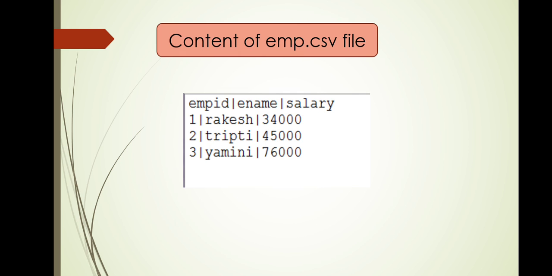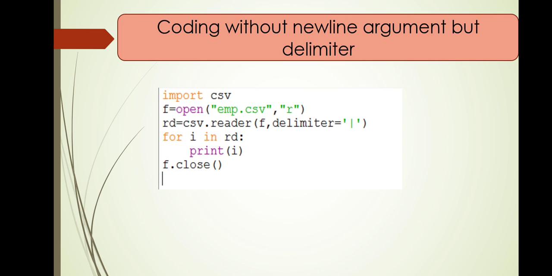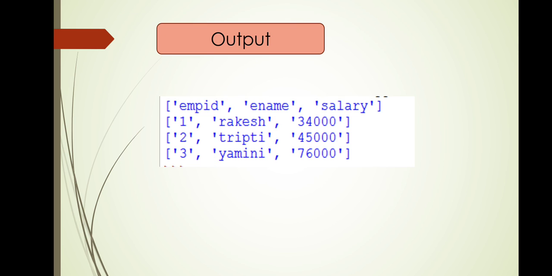Now suppose my file is this one which is having the delimiter as pipe symbol and no end of line translation. So what changes have we made? We have simply provided the delimiter argument over here. Newline we have not used because the file is not having the end of line translation. The rest of the code is the same. So see the content. This is how we work with the CSV file. I'm sure you will notice that working with CSV file is simpler than working with either the text file or the binary file.